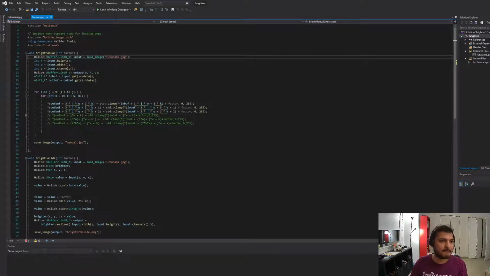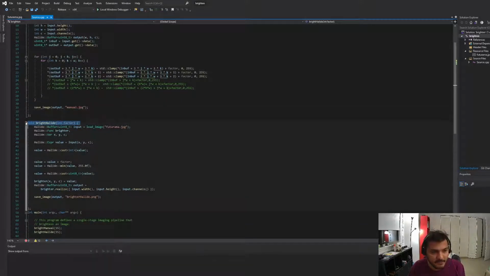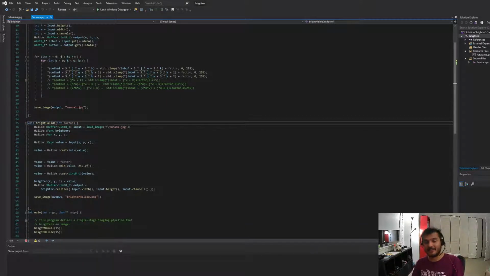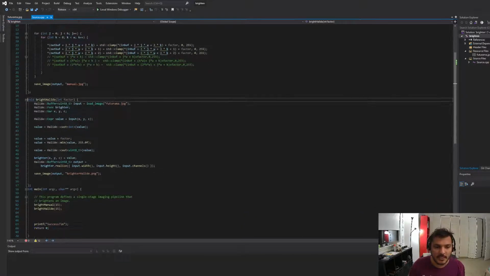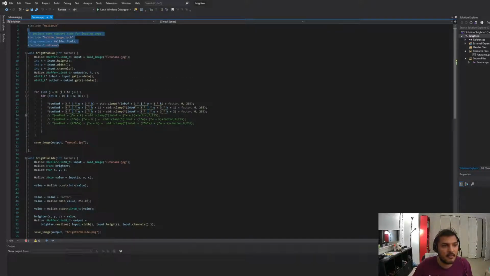The first function is a manual implementation. Basically, I will loop over each pixel and then brighten it up. And then the second implementation is using Halide. So that's pretty much it. And the main function calls both those functions. Right. First, we begin by including stuff. Everything that Halide needs resides in halide.h, so you don't need anything else. For IO stuff, you will need Halide image underscore IO, which is just for loading and saving the images. And then this is a pretty straightforward bit. Let me walk over